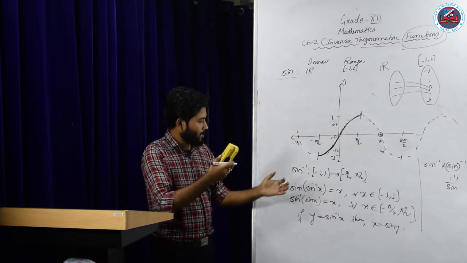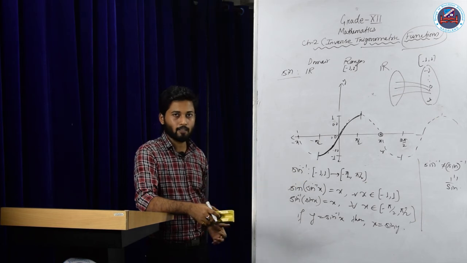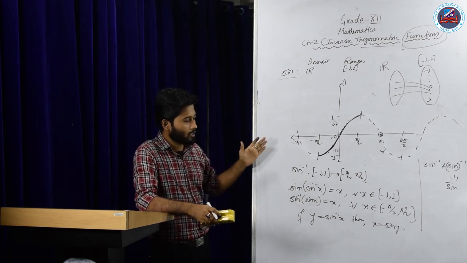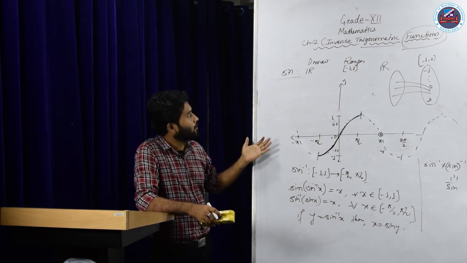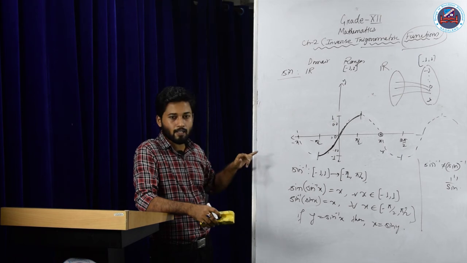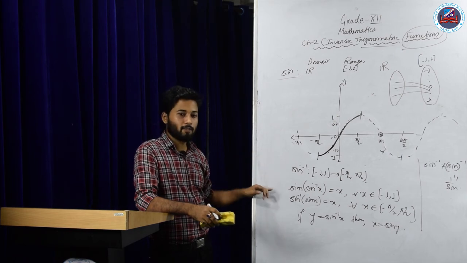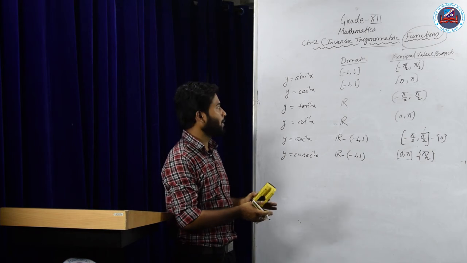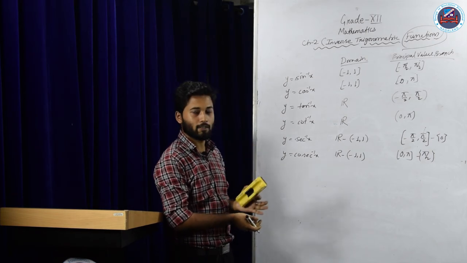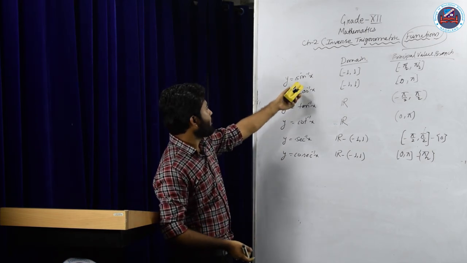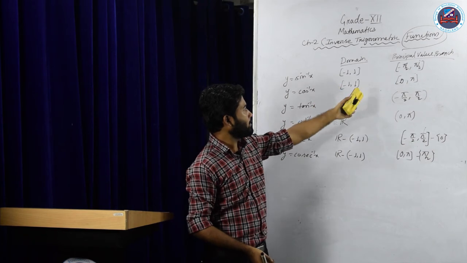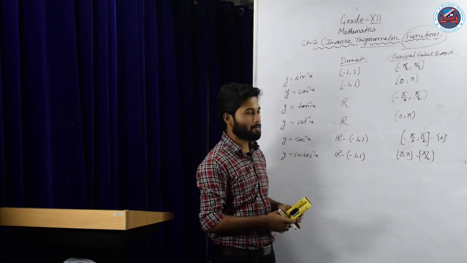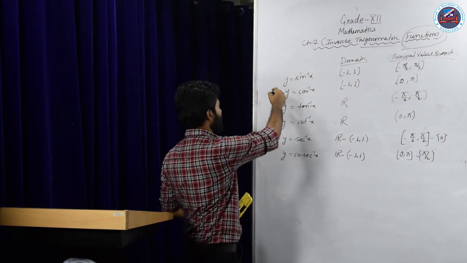And since we have discussed the sine inverse function, similarly we can get all the other inverse functions, that is cos inverse, tan inverse, cot inverse, sec inverse, and cosec inverse. And hence we get the domain and principal value branches of the inverse functions: the domain of sine inverse x is the closed interval -1 to 1, and the principal value branch is minus pi by 2 to pi by 2, that we have proved just now.